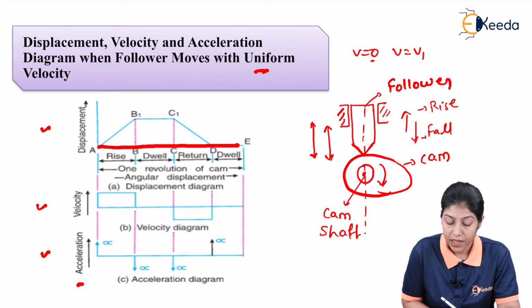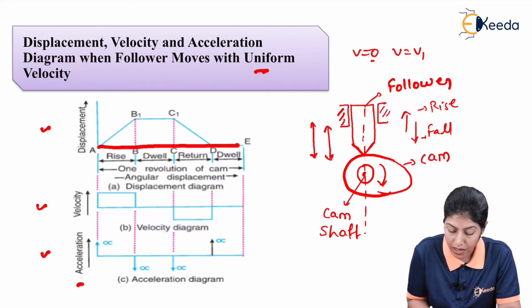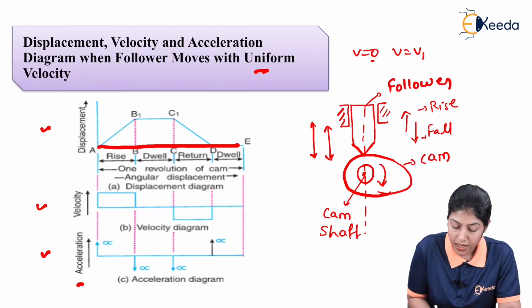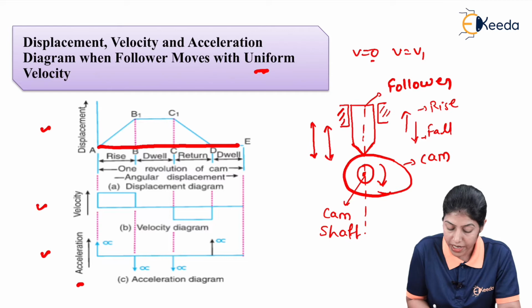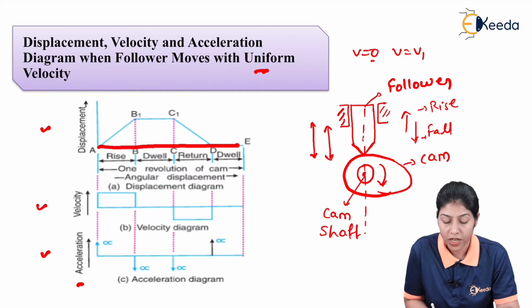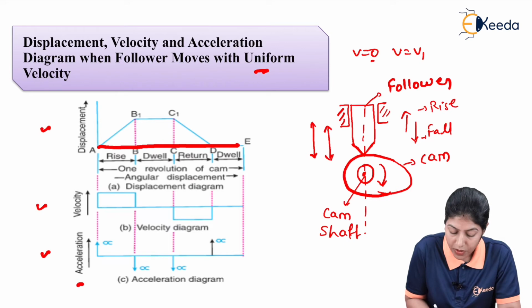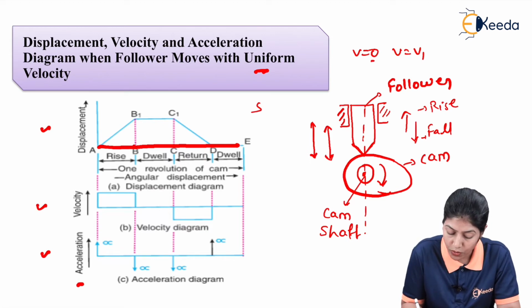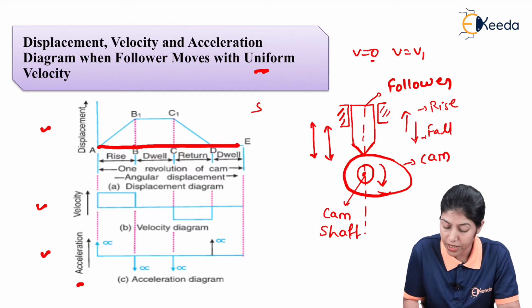this horizontal line. At this horizontal line we will mark time, or we can define the exact time or number of seconds required to complete one revolution of the cam. So at this horizontal line we can define the time to complete one revolution of the cam, and that time we can define in seconds only. So at horizontal side we will write down the time to complete one revolution of the cam, and here we will define the exact position of the follower when this cam is rotating or when this cam is completing one complete revolution.